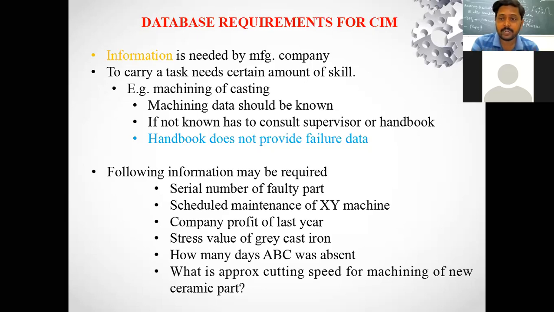These are the different kinds of data. Whichever relevant data is required for your particular application, that you are going to use.